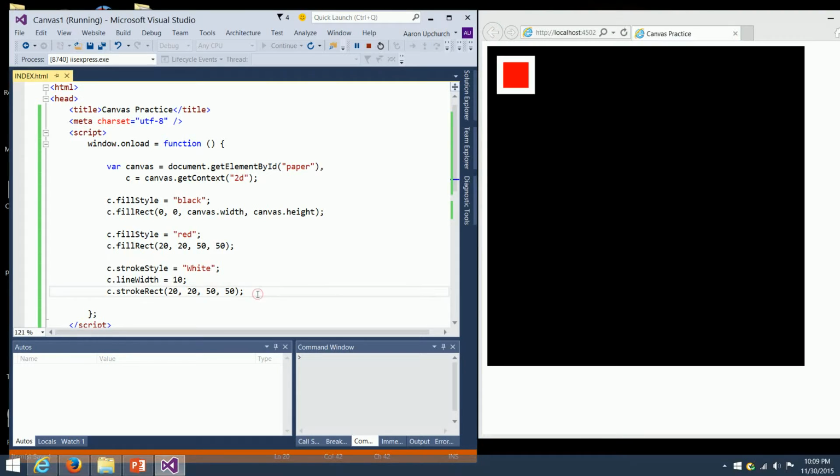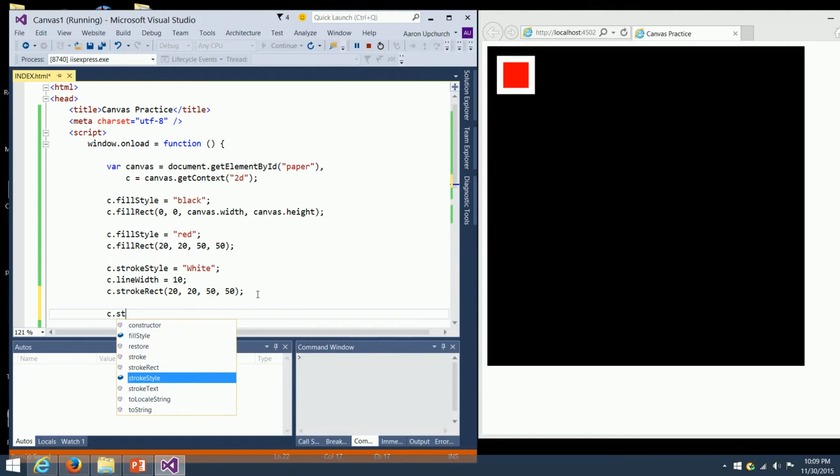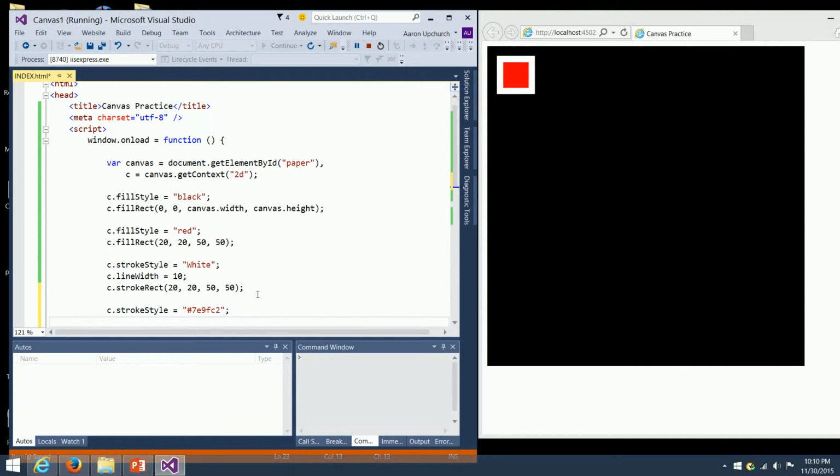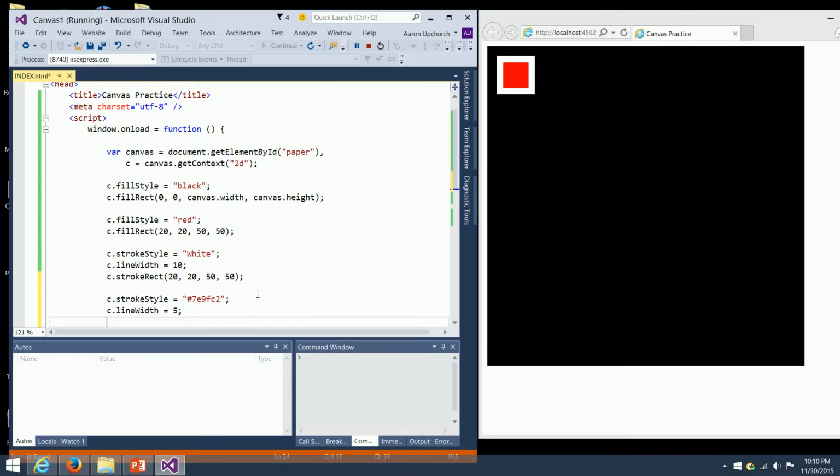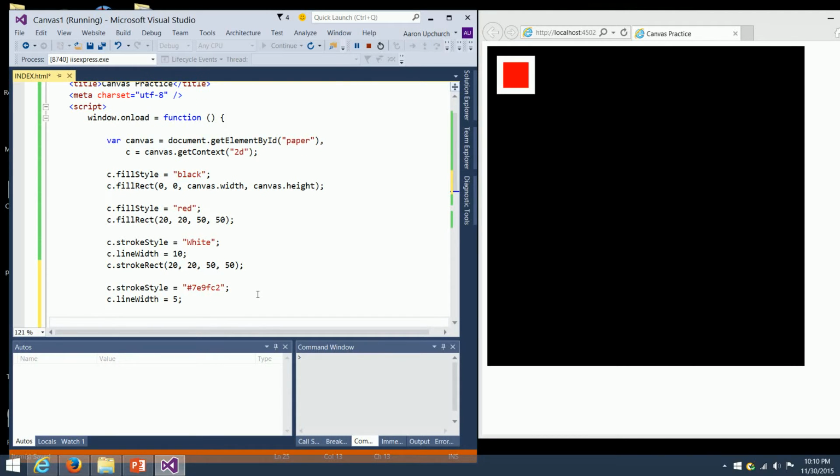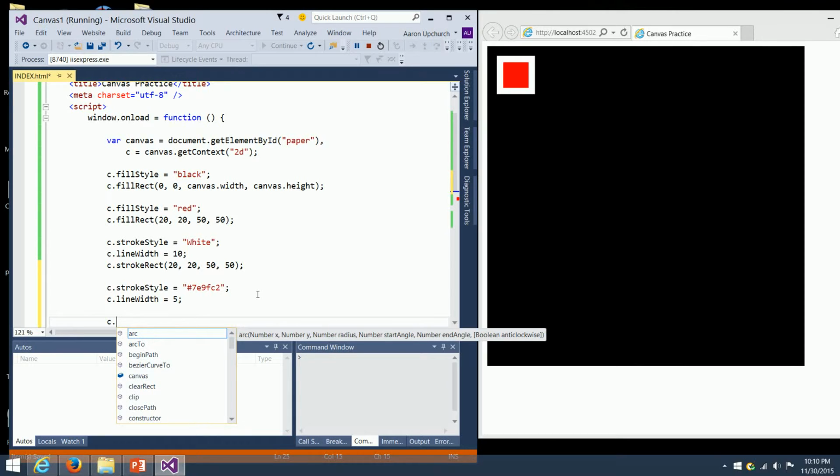We can also draw lines. So that is also a stroke style, so c.strokeStyle, and we're going to give it a color. I've got a pre-color here, and we're going to give it a line width of 5. Now, to draw a line, we have to do a begin path. So we say c.beginPath,